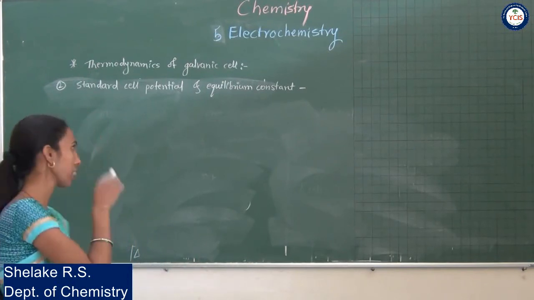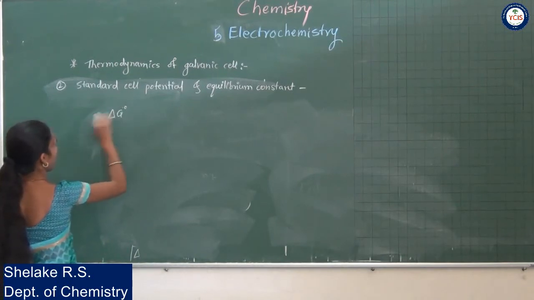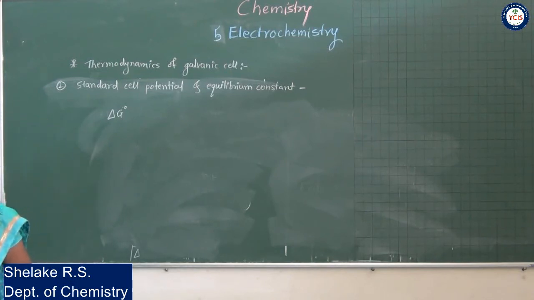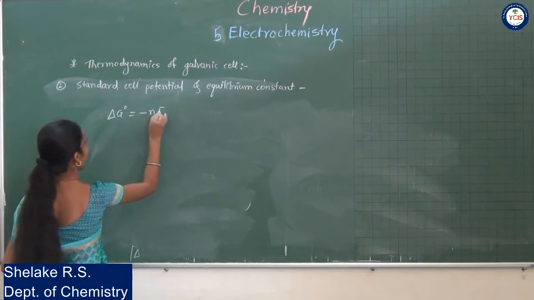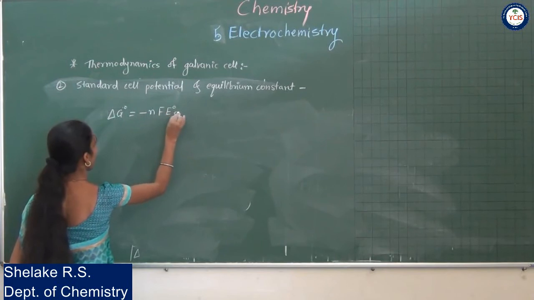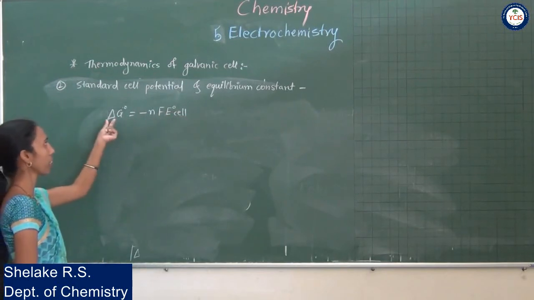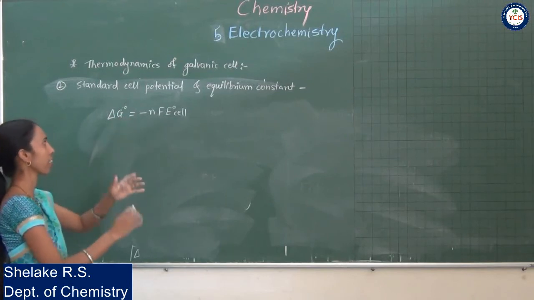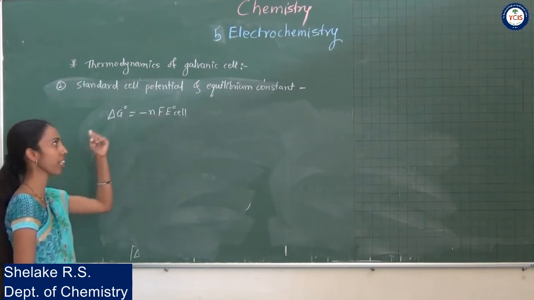आता आपण रिलेशन बघितलं की डेल्टा G0 ओके that is Gibbs energy okay, standard Gibbs energy is equal to काय येते minus nF E0 cell. Okay, now only we have studied that further. This is the relation between Gibbs energy and cell potential or in a standard potential you can say the standard Gibbs energy and standard cell potential मध्ये हे relation आहे.